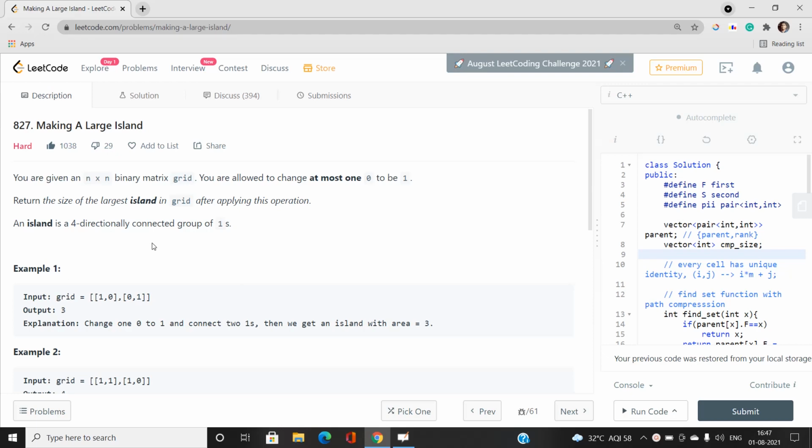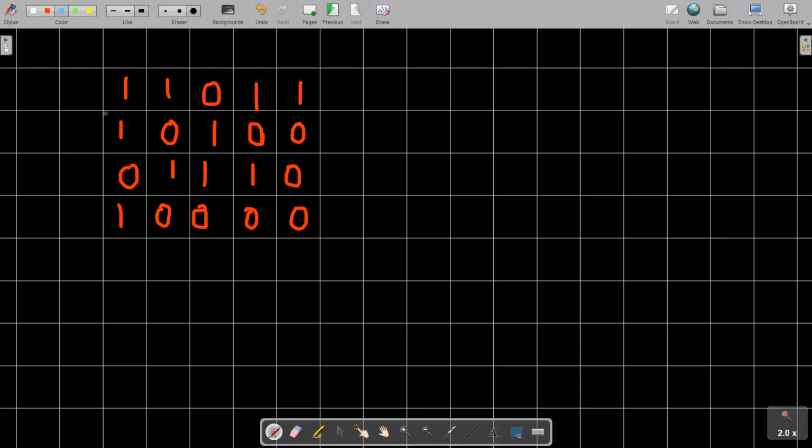If you look at this example I have built, this is a group of ones being connected, so this is an island whose size is 3. Similarly, if you focus on the other group of ones, this is another island, its size is 4. And similarly, this is another island, its size is 2.